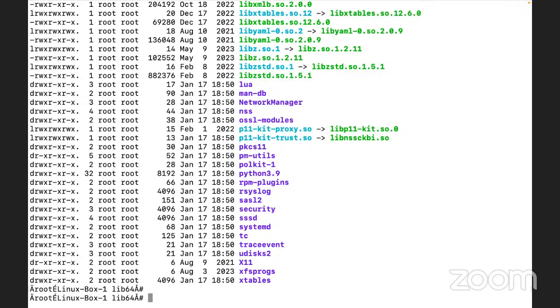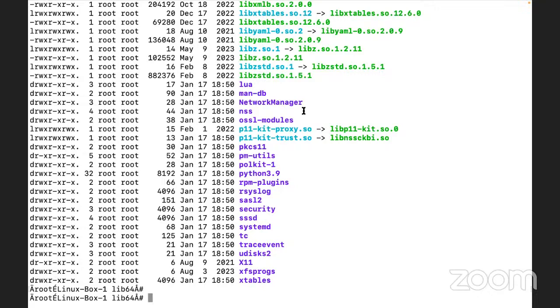Any question here? Sir, can we check kernel name or etc OS release? Pardon, come again. Sir, can we check kernel name and kernel information in etc OS release?